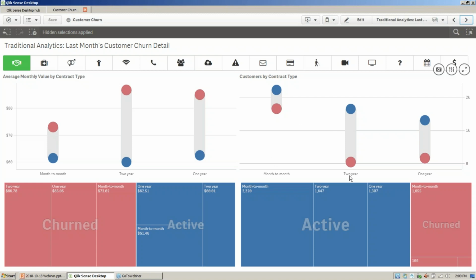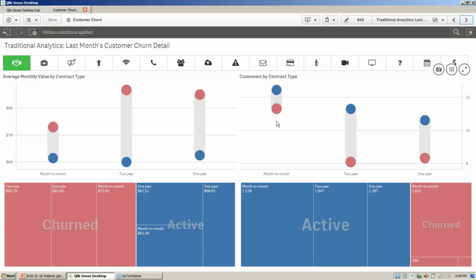So we can see here, probably not very surprisingly, people who are on 2 year contracts have a pretty big spread. So there's not a whole lot of churn going on in this category. And we can see that month to month, there is quite a bit of churn going on because the spread between these two dots is very narrow. Now, is that to say that month to month contracts are bad? Well, for one thing, it's just a way of life in telecoms. You pretty much have to offer the public month to month contracts if you're going to survive.